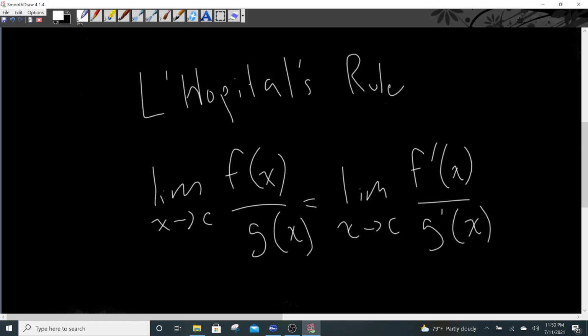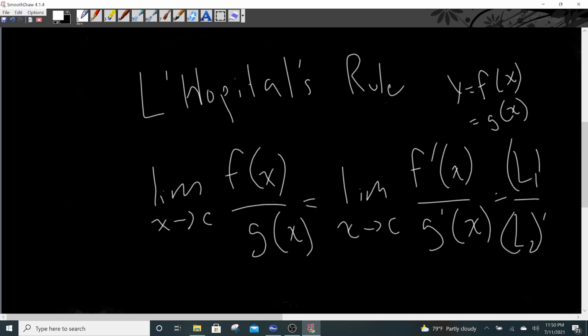And this would be if we define L1 and L2. Well, I mean, we don't even have to define that. We know that y equals f of x or g of x, and so L1 and L2 are obviously automatically defined as y values or functions. So L2 prime would be appropriate. So yeah,